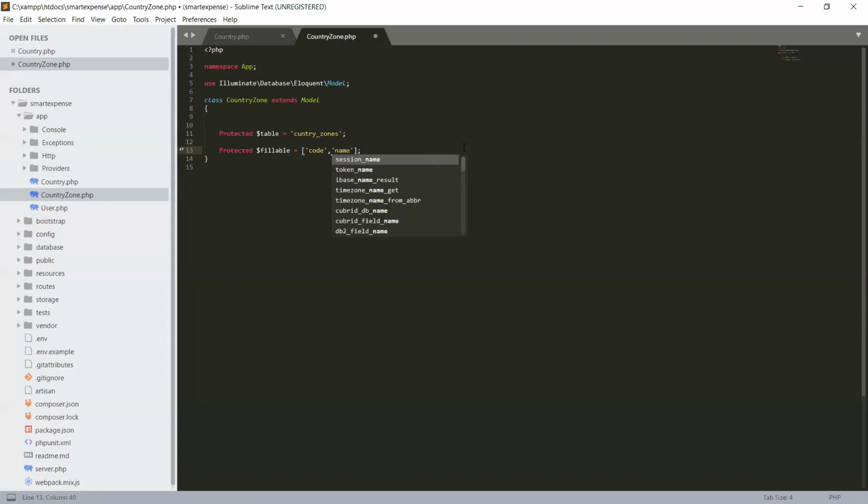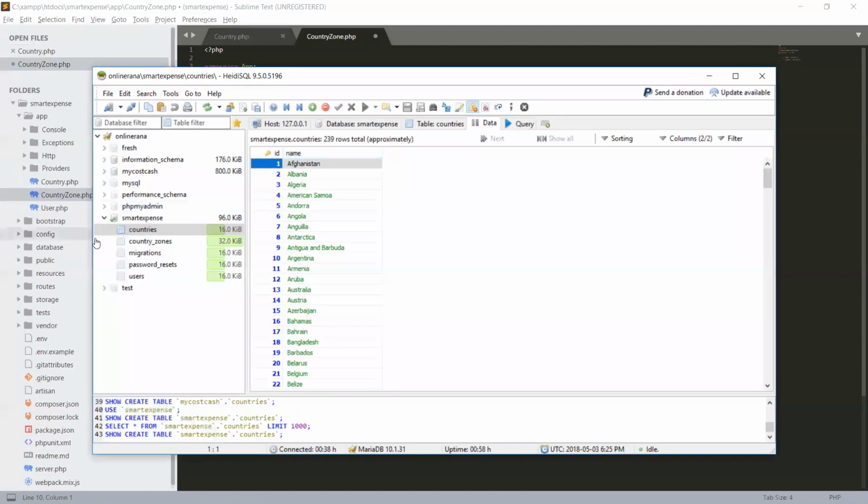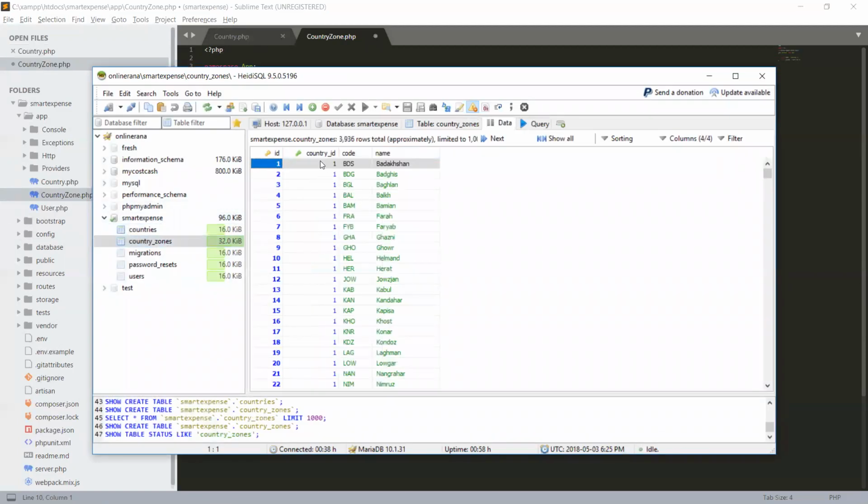Save it. And we can see in our CountryZone model the fillable fields are only code and name.